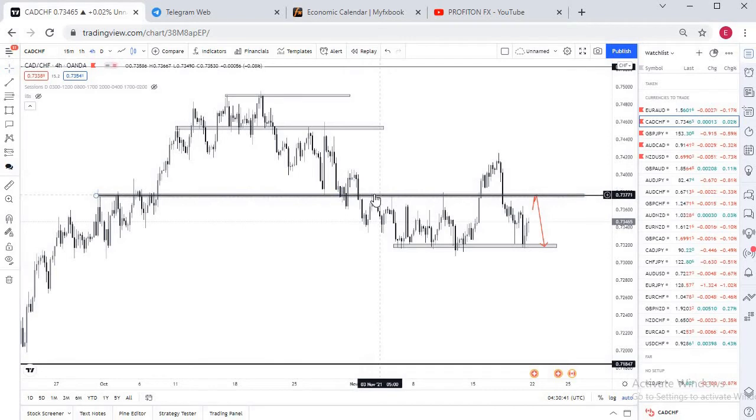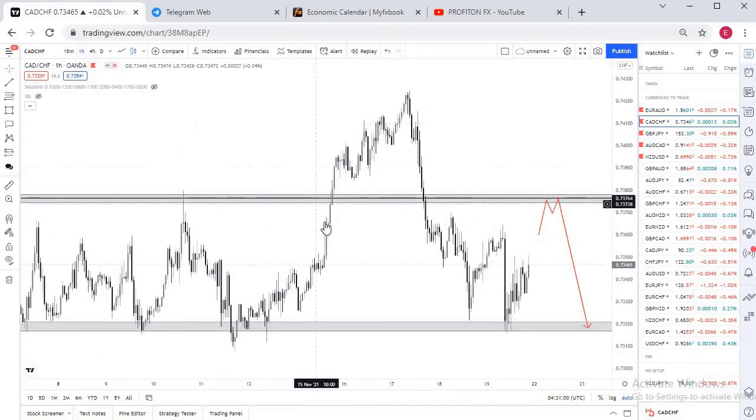At this point here, we've seen price react to this level multiple times in the past, and recently we saw a break above that level. However, we did not see a reaction to this level here. So let's move to 1 hour. We saw a break. We never saw a retest off of this level, after which we formed this pattern here.